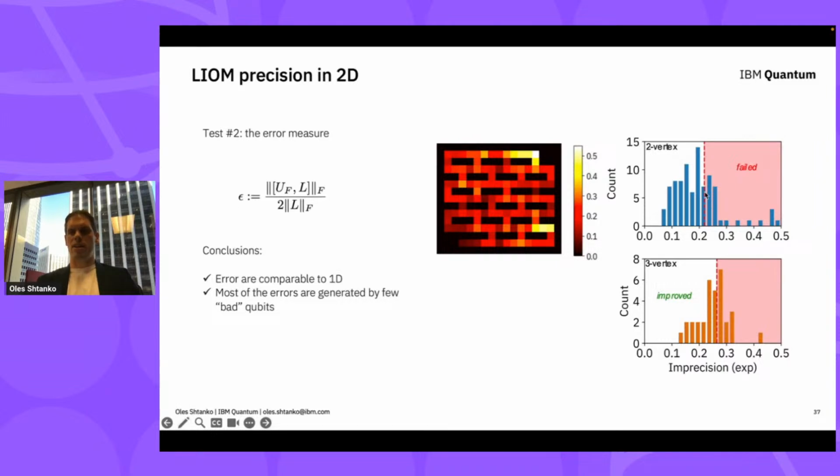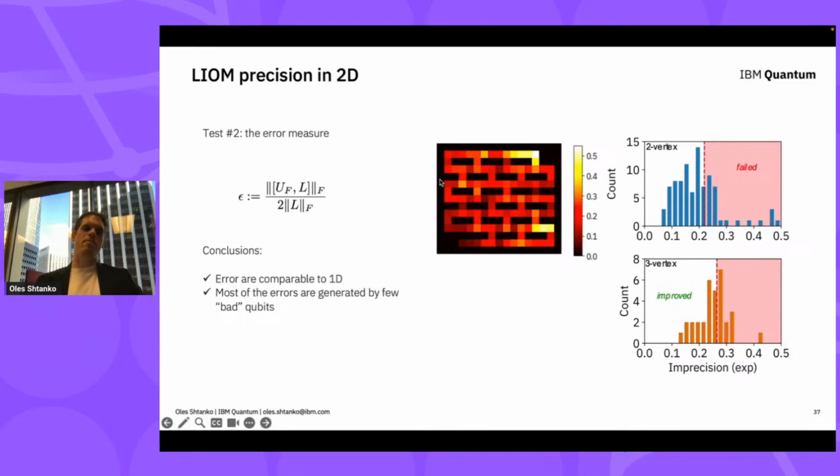And again, you see that here we have a little bit more LIOMs sitting on this failed side, which means that the effect of noise in 2D is larger, and you can actually confirm this theoretically. The effect of noise should be larger, but we still see plenty of LIOMs that are sitting on the improvement side, which give us a pretty clear picture that many of them were derived with a high precision and contain some information about the system.